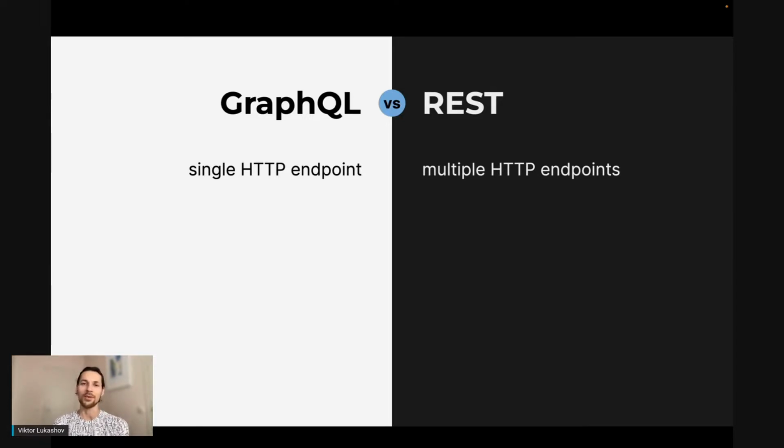They are HTTP endpoints. That is not the case in GraphQL. In GraphQL, typically, if it's exposed over HTTP, it is a single POST endpoint, a single entry point. Now, that means when you fetch some data using GraphQL, you would make a single network call per query. Whereas if you use REST, you would make as many network calls as there are endpoints you call, and typically with REST, you have as many REST endpoints as there are entities that you need. And if your view needs many of them, you'll make many calls.